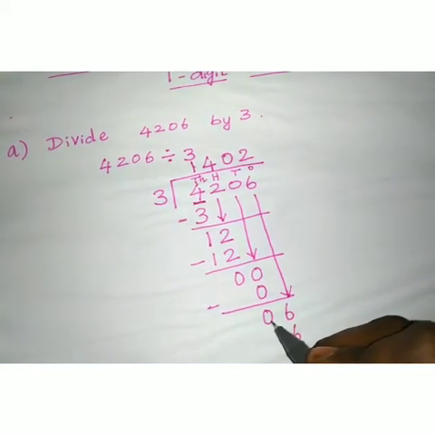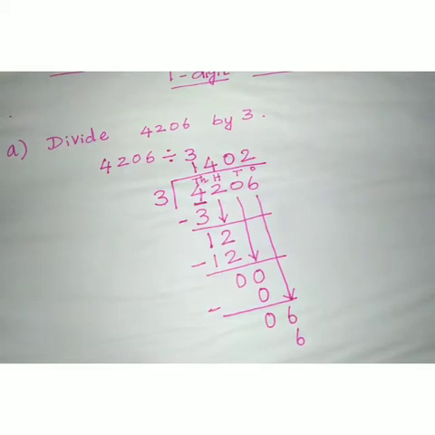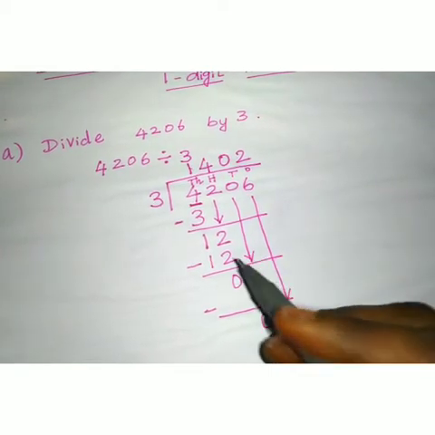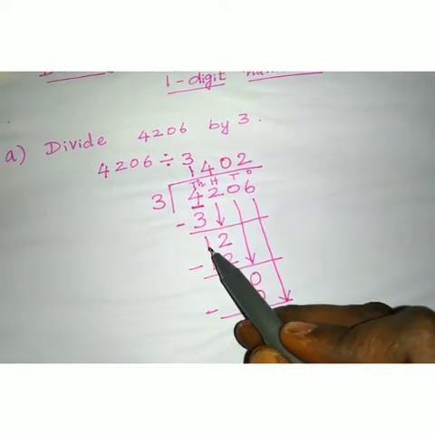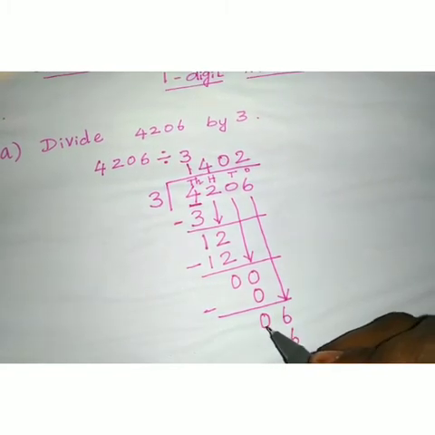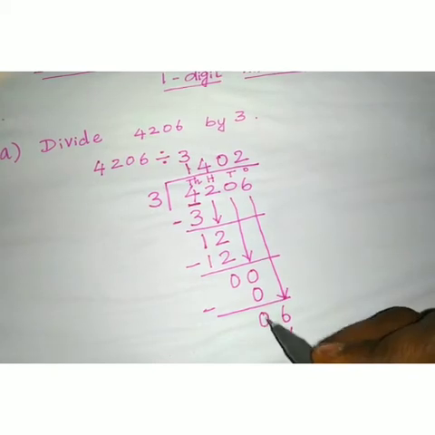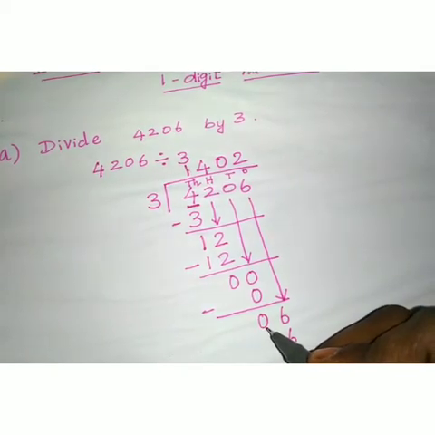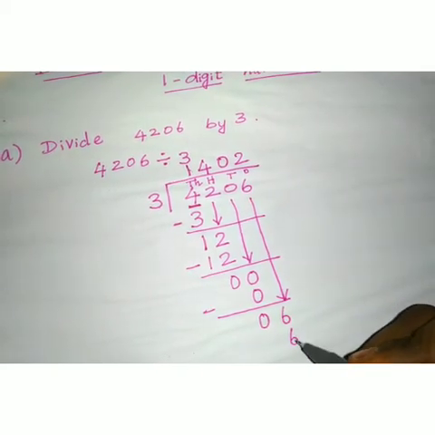We no need to consider 0, because 0 has no value, here we should not consider it. But here 1 has come, so you have to consider 1 with 2. But if we get the answer as 0 after subtracting it, you no need to consider it. You have to consider the single number.